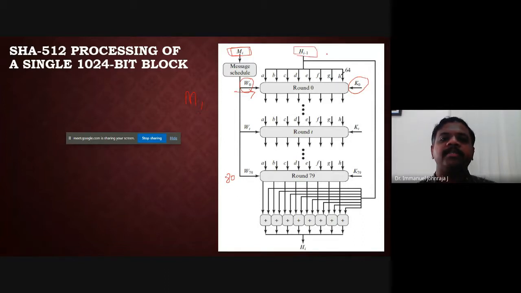And then your hash value. What is the hash value? Initially it is IV, that is hash 0. All the 8 registers go through round 0, value is changed, go to round 1, value is changed, go to round 2, value is changed, and finally the first round hash code is produced. Interesting. All right, what happens to these registers is very important now. That is the heart of our function. Now we also need to know what this W is, what this K is, and we will learn about W and K as we progress.